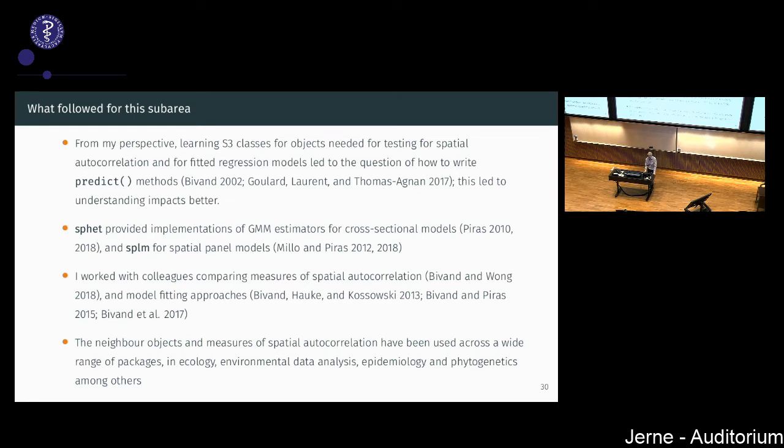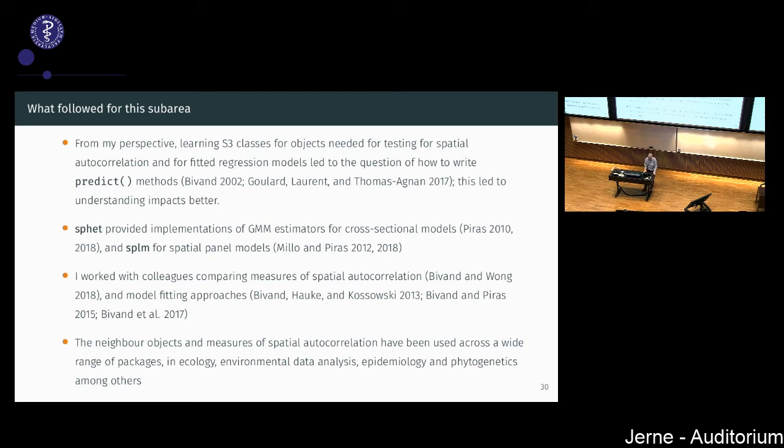And in work done in particular by Jim LeSage and others, we were trying to think aloud about which methods you should have for a fitted model object. So you'd have a summary method, you could have a plot method, but you should have a predict method for a fitted spatial regression. This wasn't in the S-PLUS module, that kind of thing. So we were trying to think.